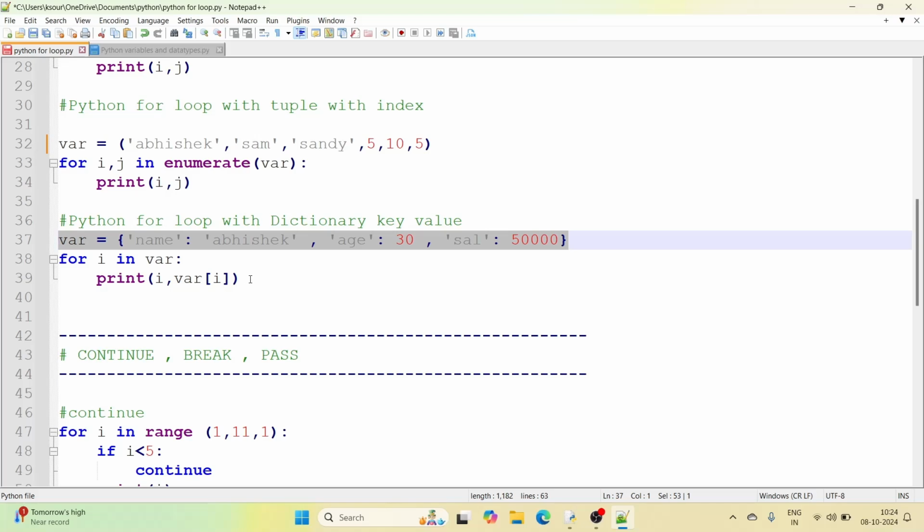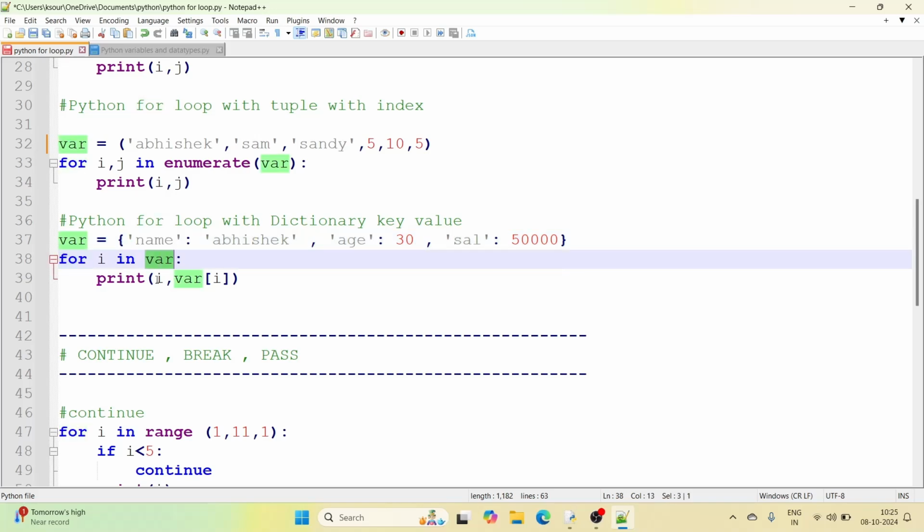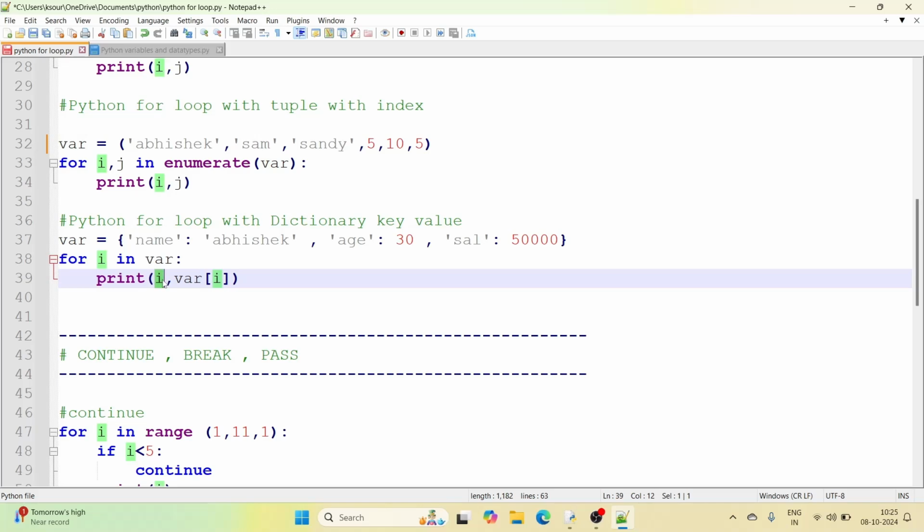Now to iterate through the dictionary: in list and tuple, the index value starts from 0 by default. In a dictionary, we are already providing keys for each value, so we have to provide the keys to print the value. We are iterating through this variable and printing the keys i. So for i in variable will print all the keys: name, age, sal.